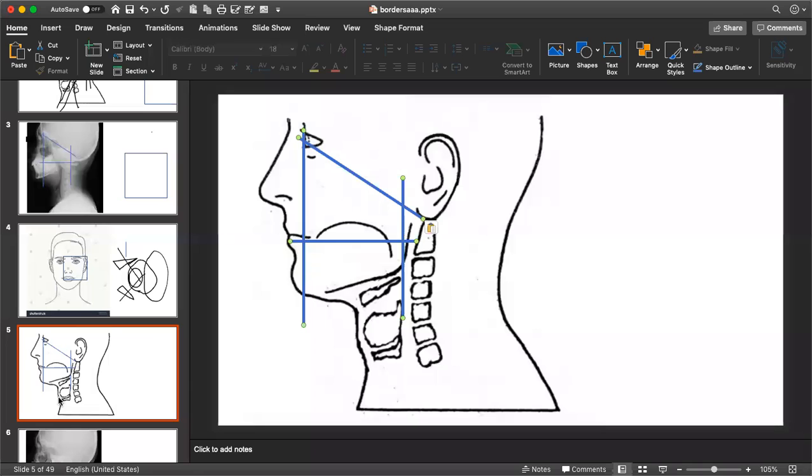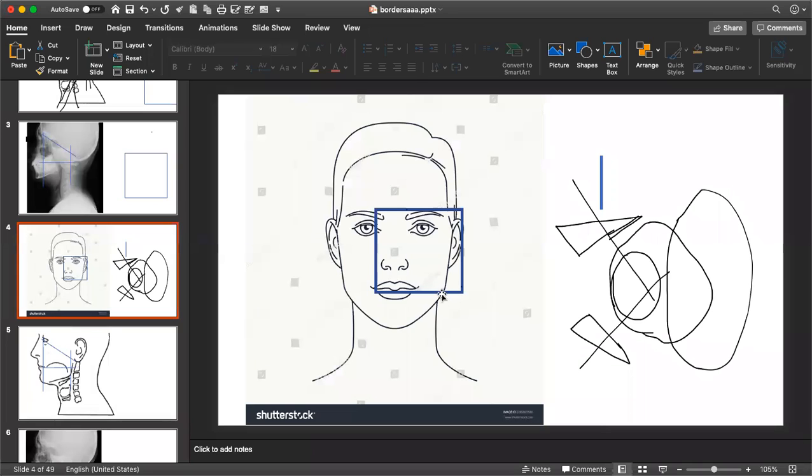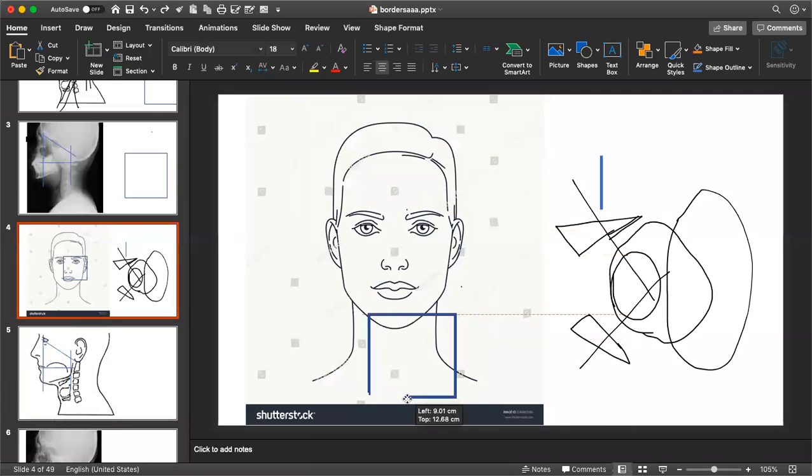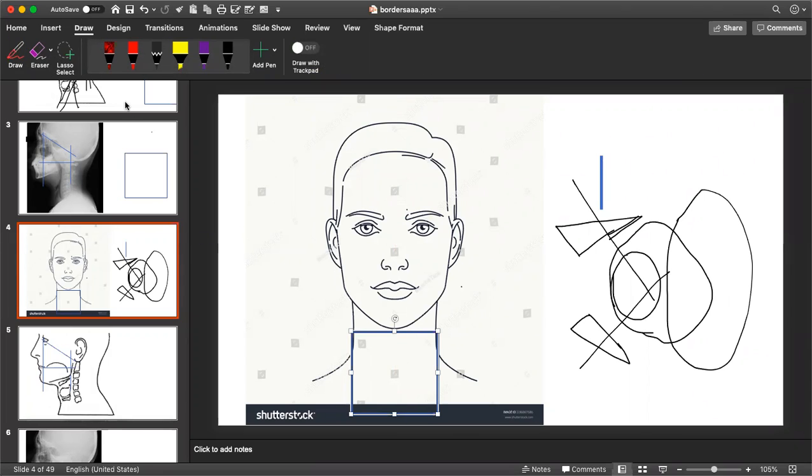Since we're taking it at the anterior level, the superior border is at the lower border of the hyoid bone. There is no hyoid bone drawn here for the thyroid bed only, so just imagine where your hyoid bone would be. The superior border will be at the lower border of your hyoid bone. Inferior border will be up to the sternal notch. The posterior border is at the mid body of the spinal cord, and the anterior border is 1 to 1.5 centimeter from the soft tissue of the neck.